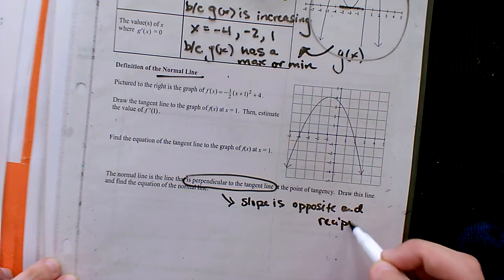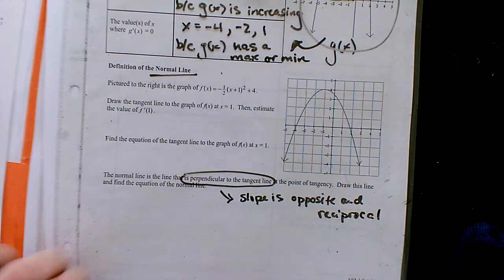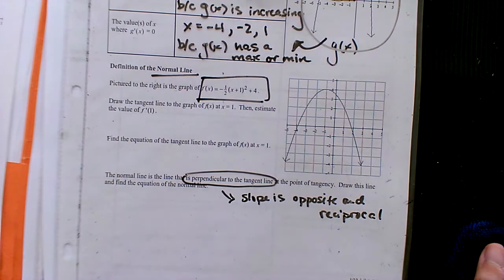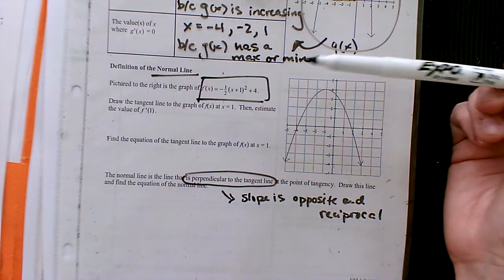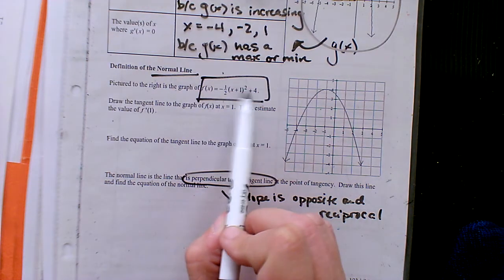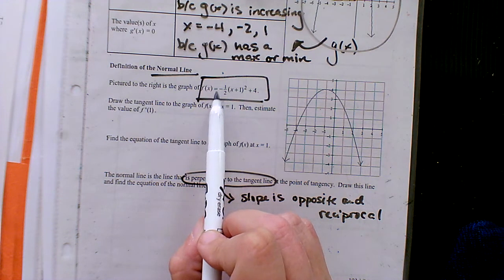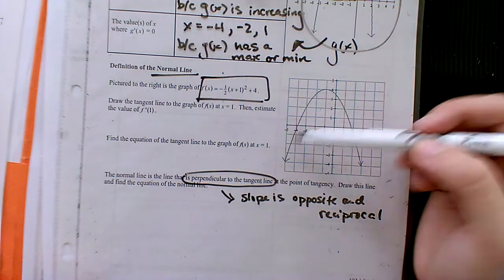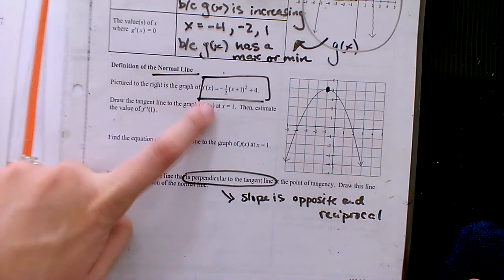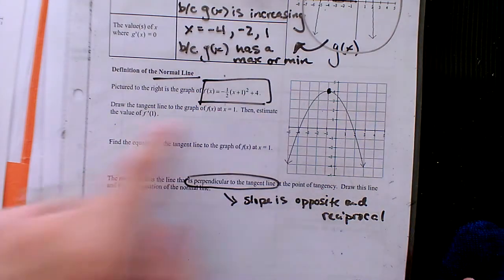So slope is opposite reciprocal. We'll get to that in a second. It still comes back to those algebra concepts with slope, parallel lines, perpendicular lines. It's revisiting us in calculus though. So pictured to the right is the function of the quadratic. Just as a refresher, notice how we can conclude that this makes sense because it moved left 1, up 4, and the graph is flipped upside down, so that makes sense. It says draw the tangent line to the graph at x equals 1,